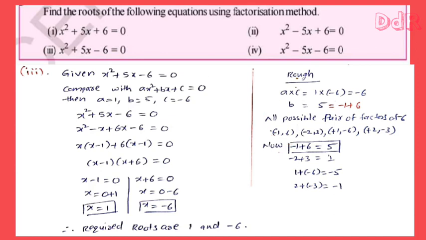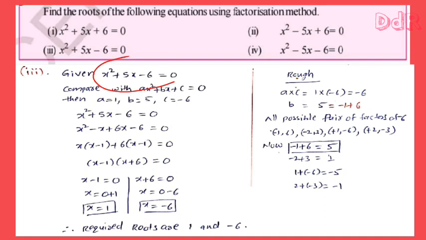So now coming to the left side, the given equation is x square plus 5x minus 6 equals to 0. Now I am going to express the 5x as a sum of two other terms, which are minus x and 6x. From the first two terms you can take x common. So x bracket of x minus 1. From the last two terms, what is common, children? Yes, plus 6 is common, bracket of x minus 1. So now here x minus 1 and here also x minus 1. So take x minus 1 common. Then bracket of x plus 6 equals to 0.